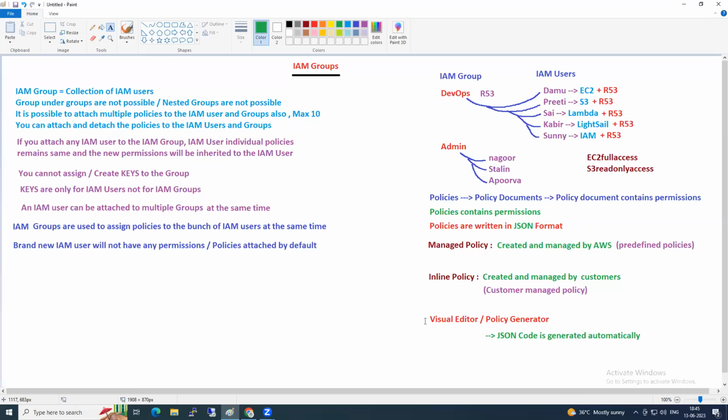I created IAM users called Damu, Preeti, Sai, all these people. I created a group called DevOps. When I'm writing the policy, I'm not showing the policy now. When we go to the lab, I'll show you how to write a policy. But when you're writing the policy,